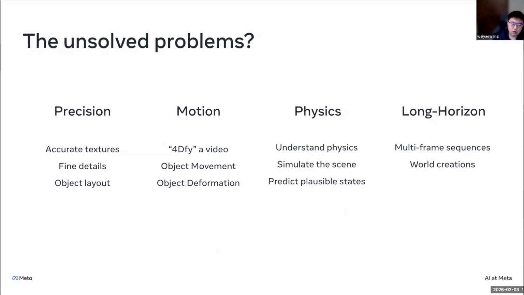Precision. As we show in the results, as you play with the demo, we can see we should get better texture, more exact geometry, maybe sharper details. And pose sometimes is a bit off. We want to get better, basically. This is basically closing the remaining gap in the 3D visually grounded generation task we described.